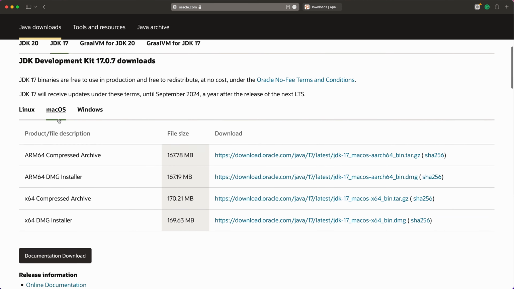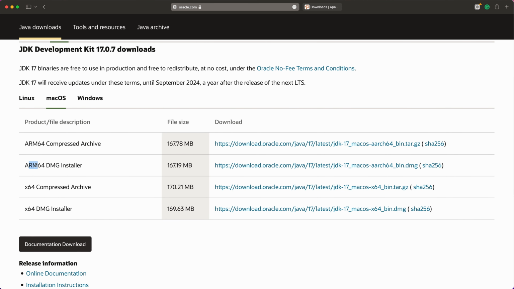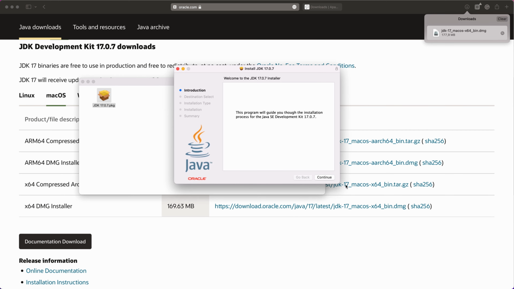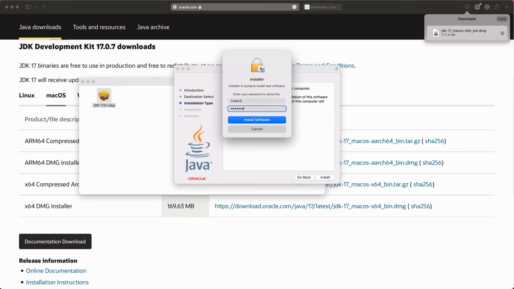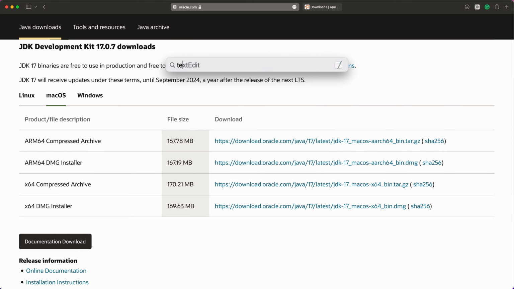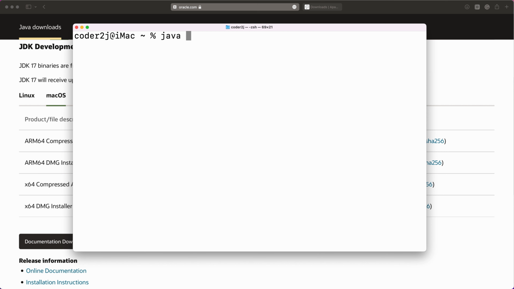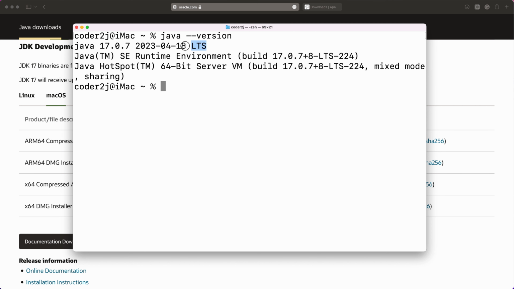Make sure to select the right version for your Mac. ARM version is for Mac with Apple Silicon chips, while the x64 version is for Mac with Intel chips. Once the download is complete, run the installer and follow the instructions to complete the installation. To verify the Java installation, we can simply run the command java -version, and the Java version info should be